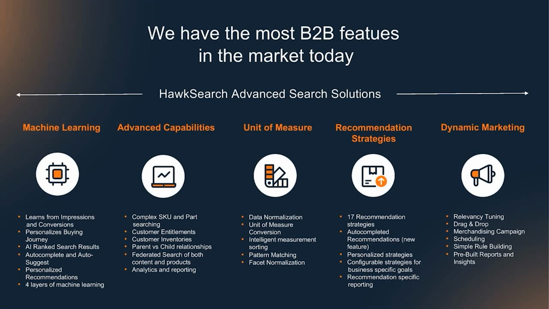And then we get into the advanced capabilities, right? Which is, like I mentioned, customer entitlements, advanced SKU searching, partial SKU searching. There's all sorts of different ways of doing this, as well as a massive suite of analytics. We have trending reporting. We have all sorts of touch points that are really going to help you drive that business, or maybe find out where your site might be lacking from a relevancy result as well.